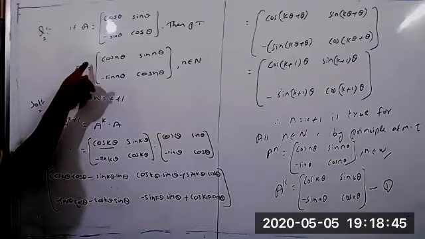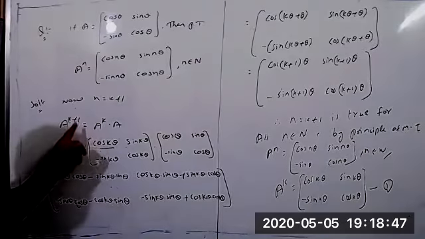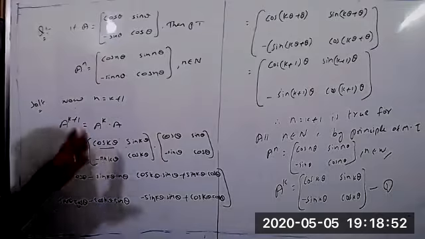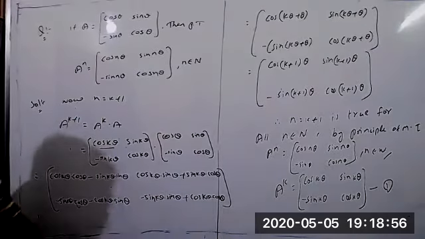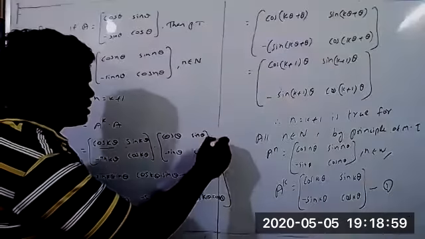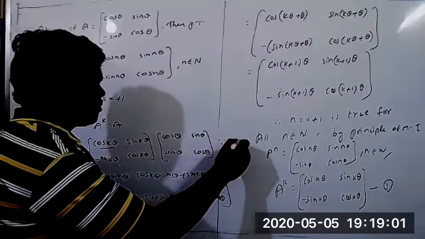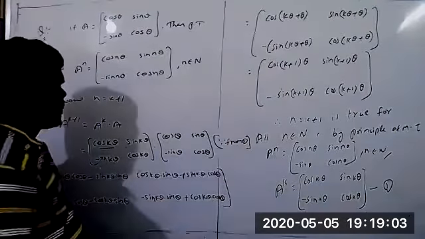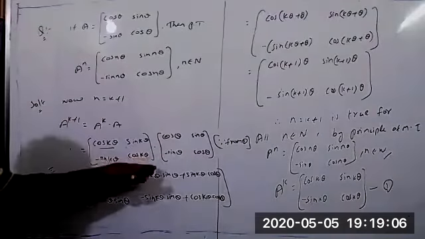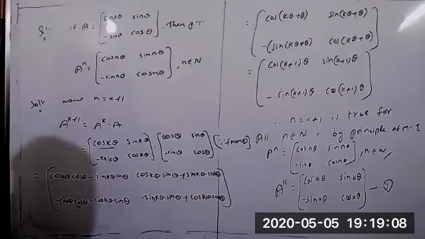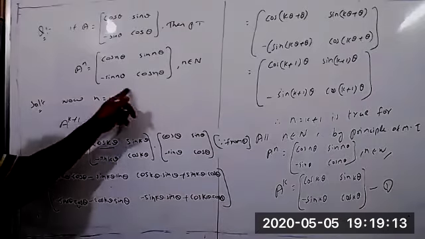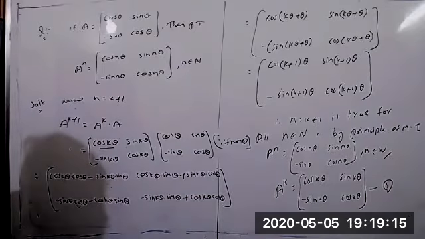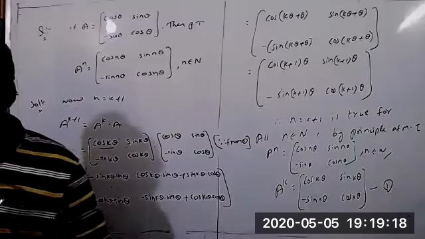When you are taking n equal to k plus 1, compulsorily we have to extend like this. So a power k plus 1 equal to a power k into a. Then a power k, we already got from the first equation. If you want, you can mention this here. We can substitute a power k and a also, and multiply both of them to get the condition. But when you multiply these two conditions, compulsorily we have to get it in this form only. Then only we can say it is true, or else it's not true.